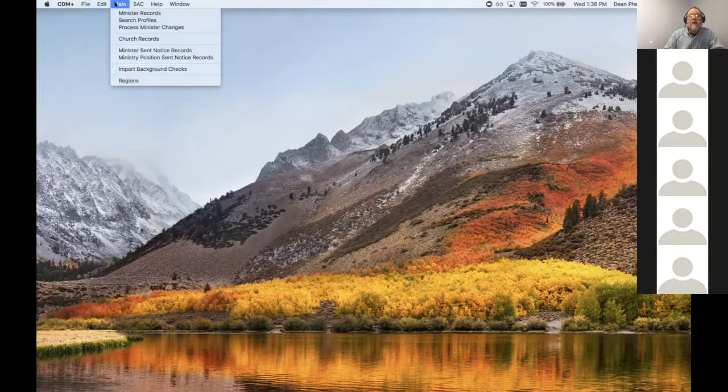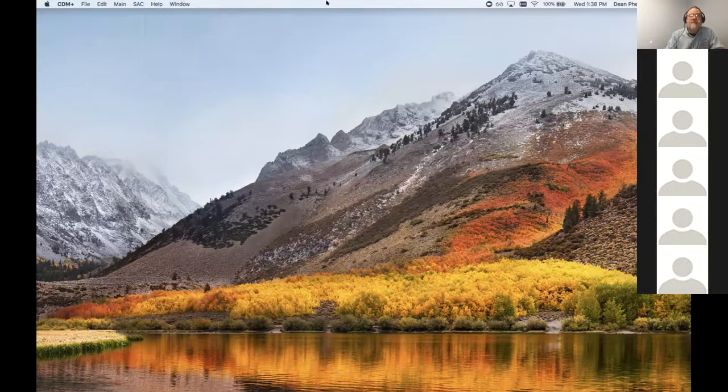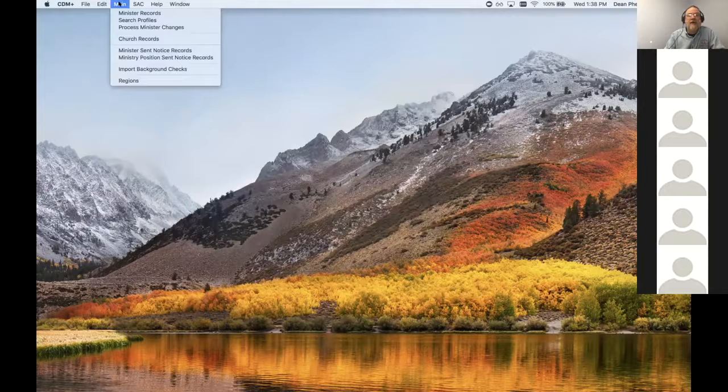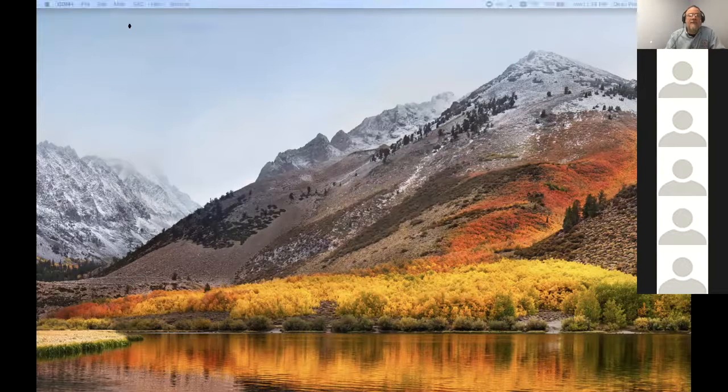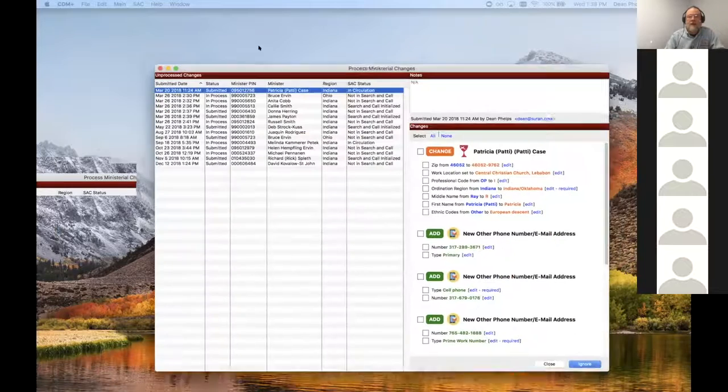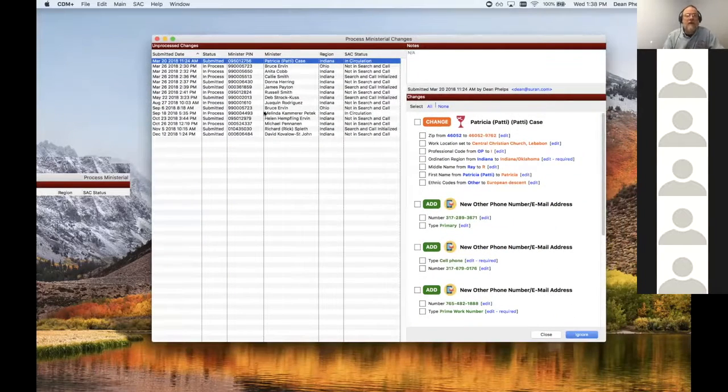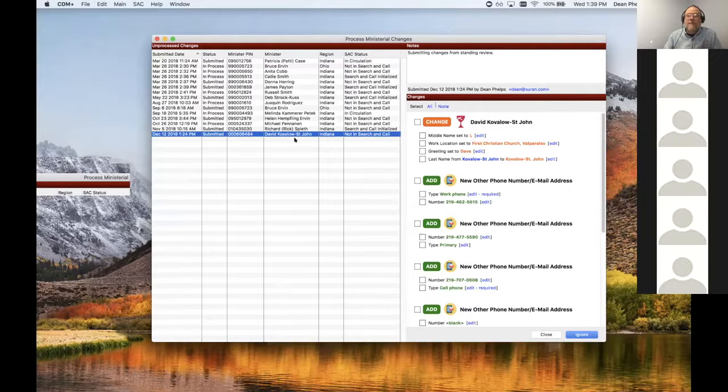So now I'm in a test version of the general database, and you can see that my menu items are just a little bit different. But when there are changes to be processed, we'll come in and do process minister changes. And that's going to list all of these things that are pending that haven't been done yet. So you can see here, December 12th, a change was submitted for David Covelo St. John. And if I click on that, well, there's the change that we just